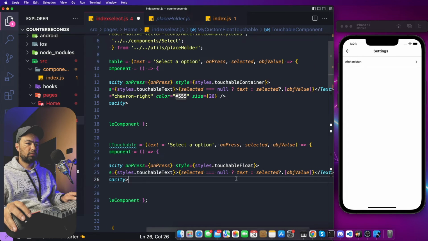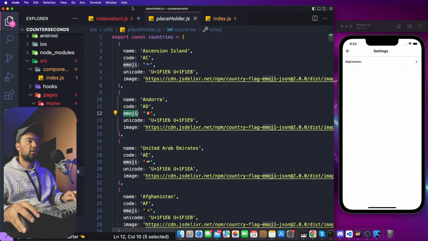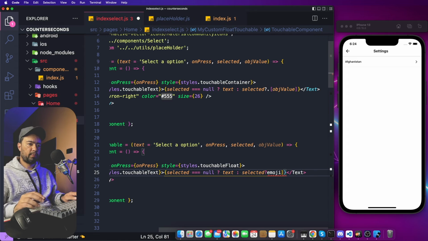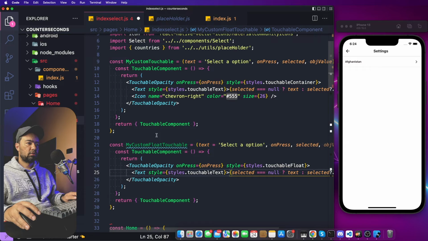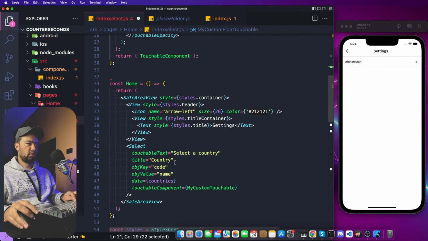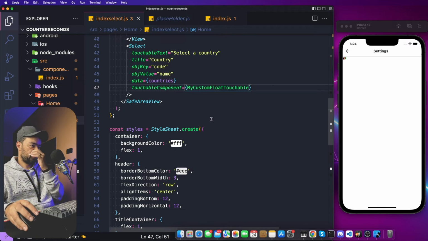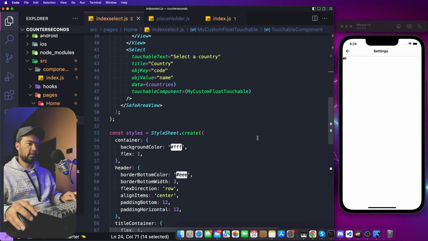So here will be not the value but the emoji right here. And here you can pass it this way. So if I use this component right here, it will be just the flag,